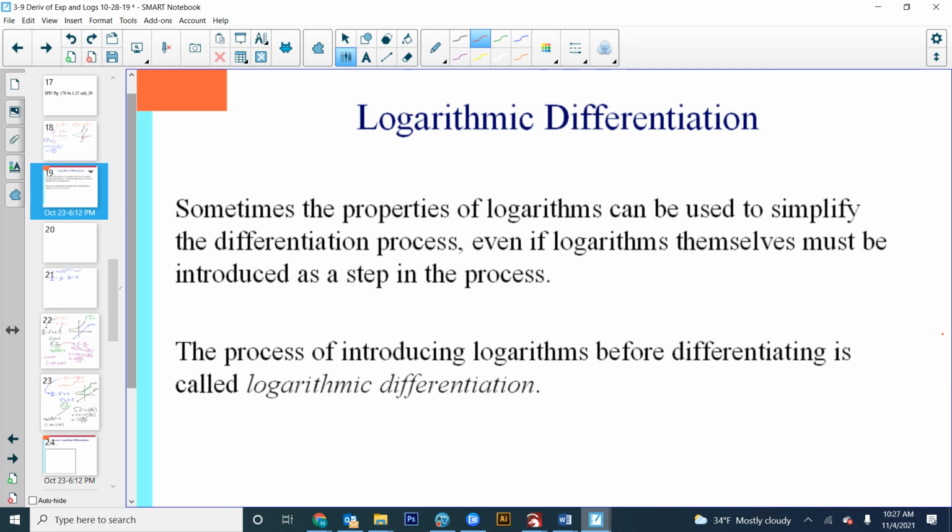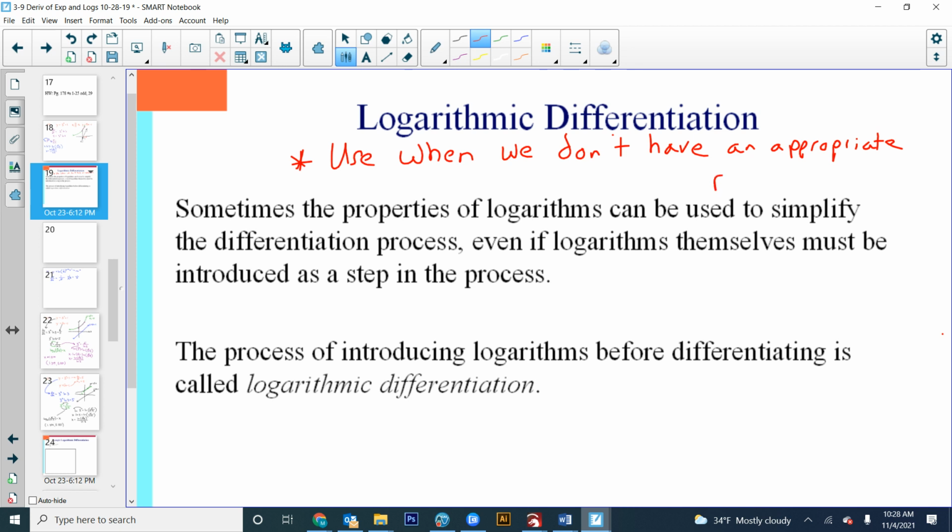And we're going to make up our own rules here. Our own notes. Use when we don't have an appropriate rule. So this is what that means. You look at the equation you're asked to take the derivative of, and you say,